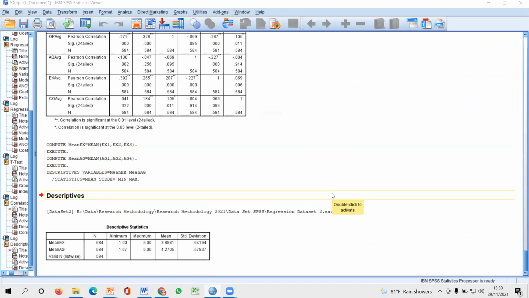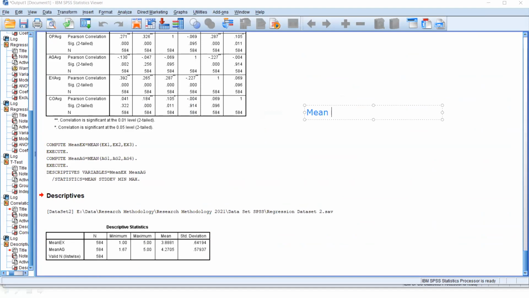Okay, now see the result. Now you can see the result here. It says the mean value of the extraversion, I think that is the first independent variable, is 3.89, right? 3.89, that is this value. Right, and its standard deviation is also 0.64 and it is less than 1. That is also indicate that our values are okay.